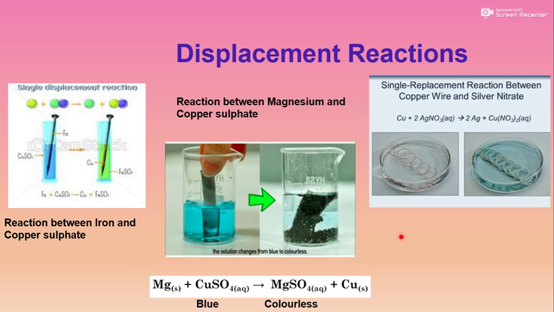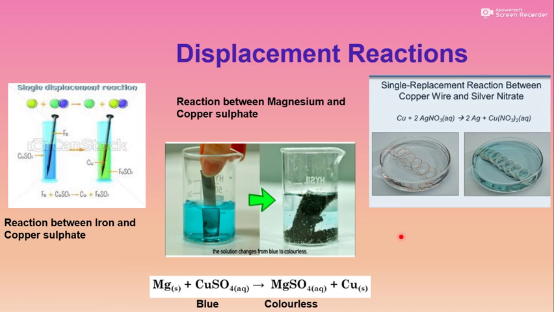This kind of reaction is known as displacement. Displacement, किसी को उसके place से displace करना, हटाना. So a more reactive element can displace a less reactive element. This is a displacement reaction. Here, if A is more reactive than C, then C cannot displace A and the reaction will remain as it is, so a displacement reaction does not occur. Only a more reactive element can displace a less reactive one. A lesser reactive element cannot displace a more reactive element. We will discuss it in this condition, the displacement reaction.